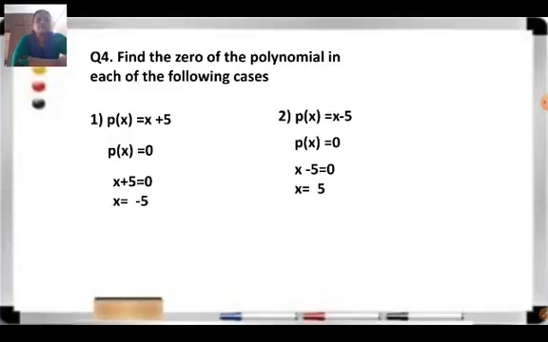Yes, again I will repeat. What is the meaning of 0 of a polynomial? 0 of a polynomial means finding such a particular value that, when you substitute it in place of the variable, you will get the value of that polynomial as 0. Simply, you can see in the first question, if you want to verify whether your answer is correct or not, replace x equal to 5 in your given expression. What will you get? 5 minus 5 is 0. Correct? That means 5 is a 0 of the polynomial.